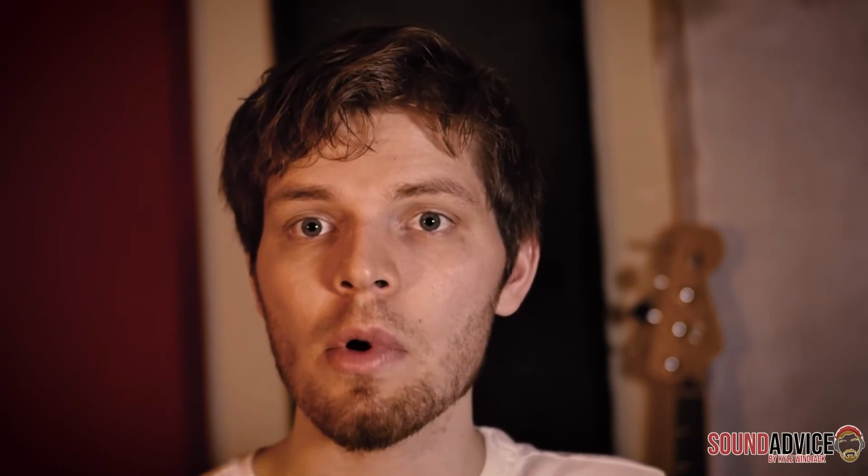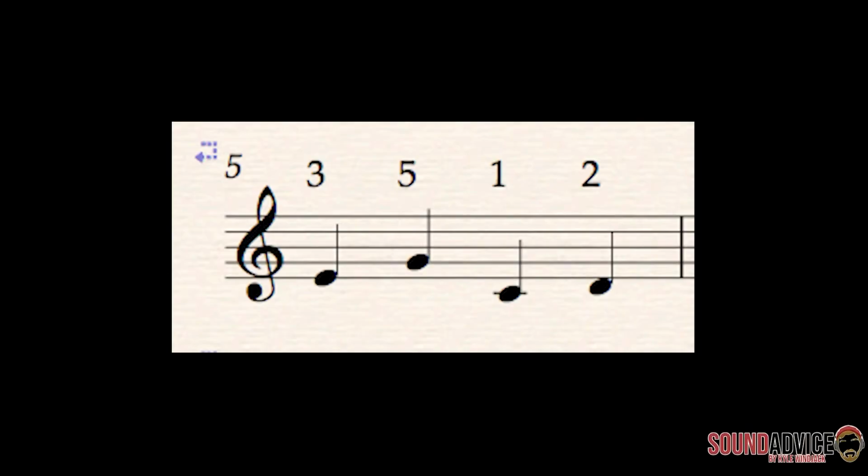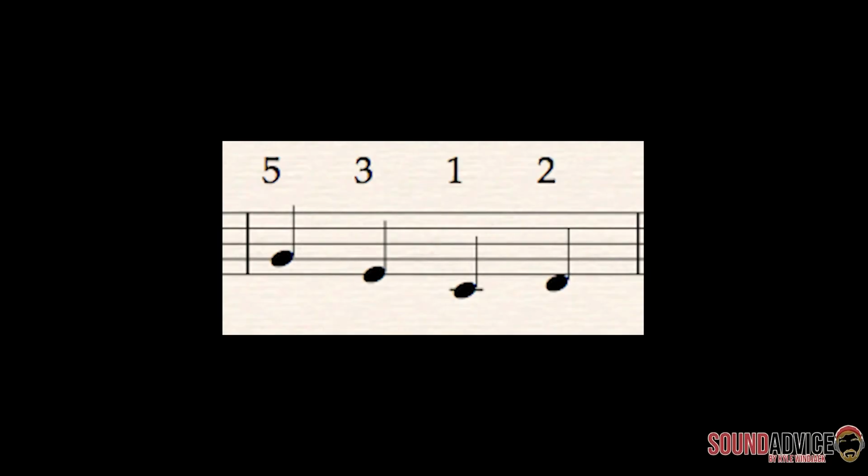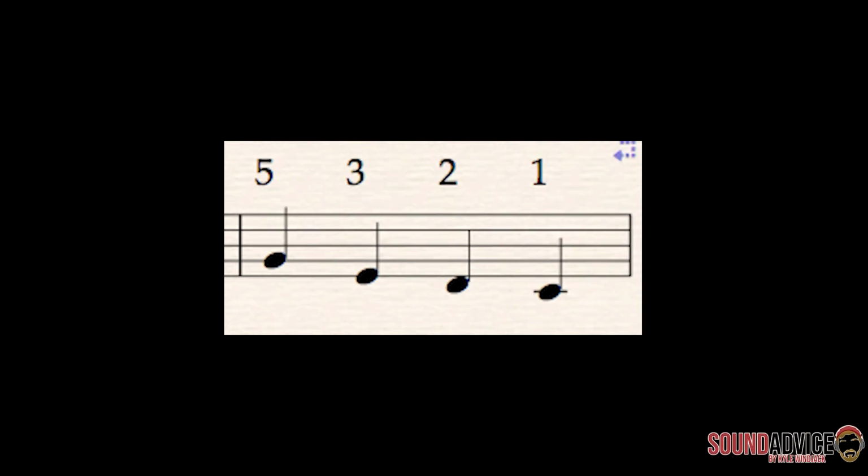We could also apply those same options, only starting with group 2 now. So up, up would be 3, 5, 1, 2. Up, down would be 3, 5, 2, 1. Down, up would be 5, 3, 1, 2. And down, down would be 5, 3, 2, 1. So that's a total of 8 options now, and we can't get any more options out of this unless we